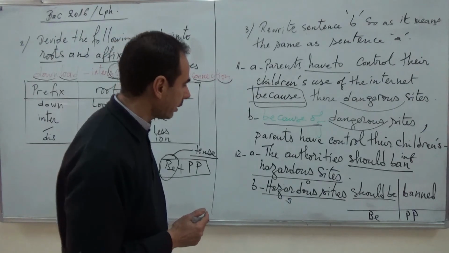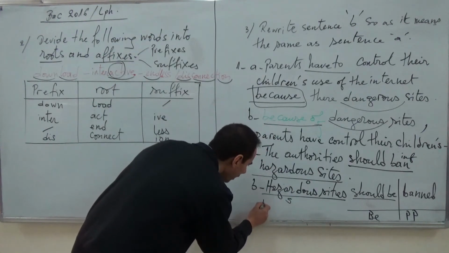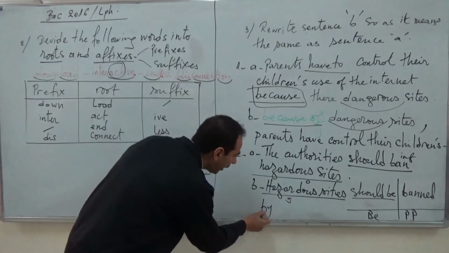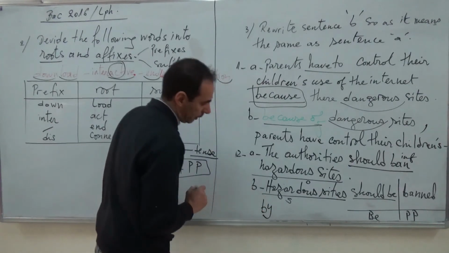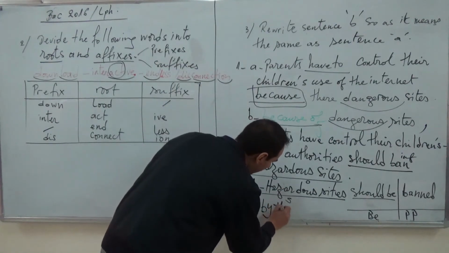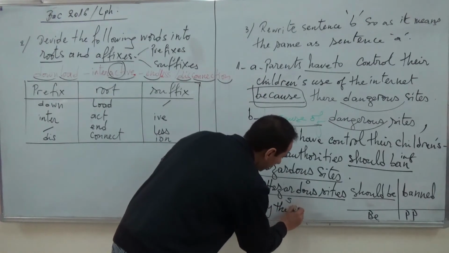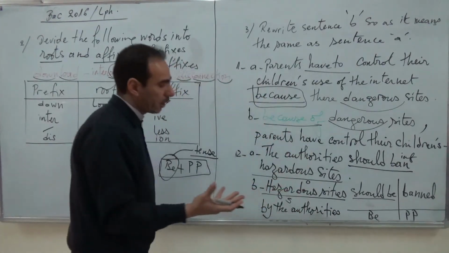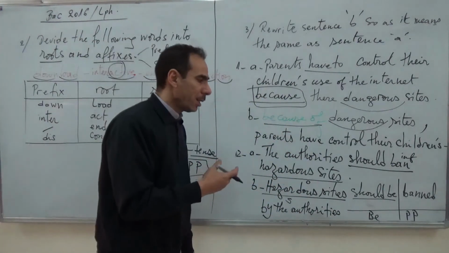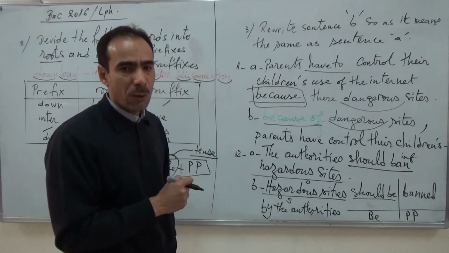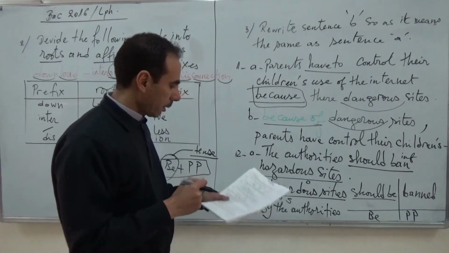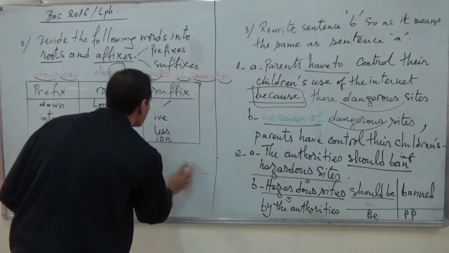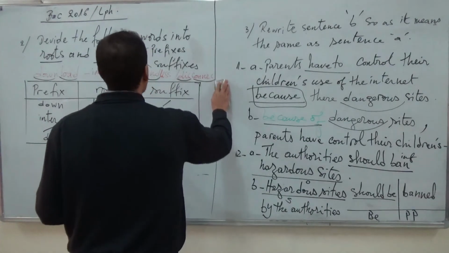Hazardous sites should be banned, plus an agent: the subject of the active sentence becomes an agent preceded by "by", the authorities. It is not very important to mention the agent when we use the passive form. Is it okay? Now let's move to the next sentence, which deals with another grammar point,